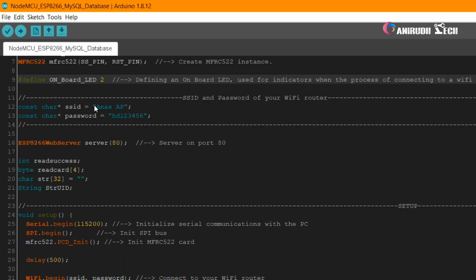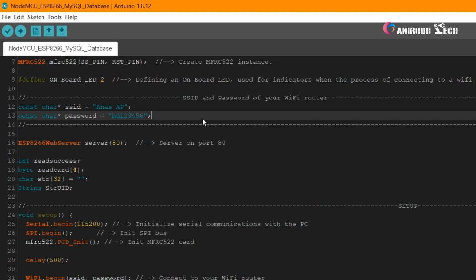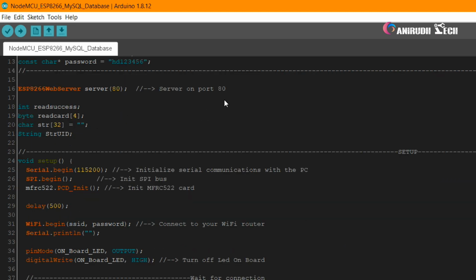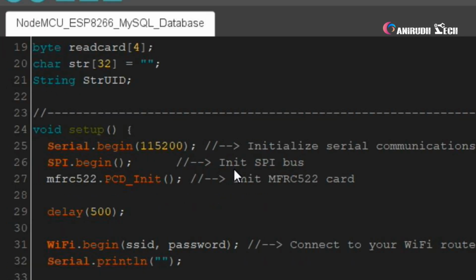Now we want to declare our SSID and password there. You want to give your SSID and password instead of mine. I just gave my SSID and password, so you must change that to your SSID and password, then only will this code work. Now we want to set the port. We want to set the server on port 80, so the server will listen to that port. Now everything is written there. We want to set the baud rate as 115200, and it is the speed given in bits per second.